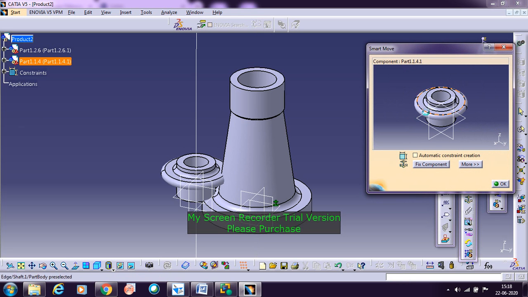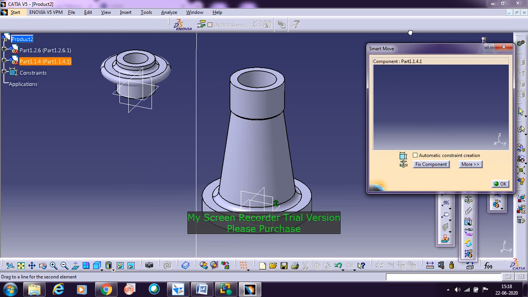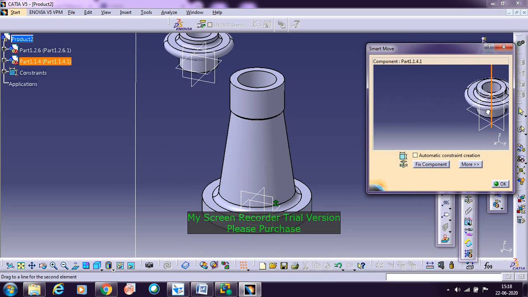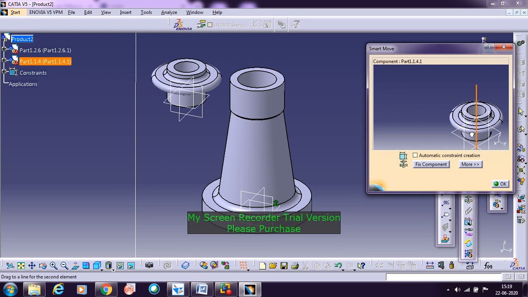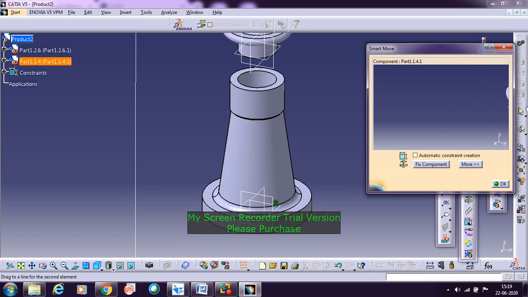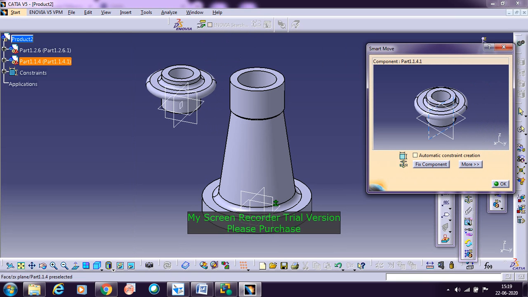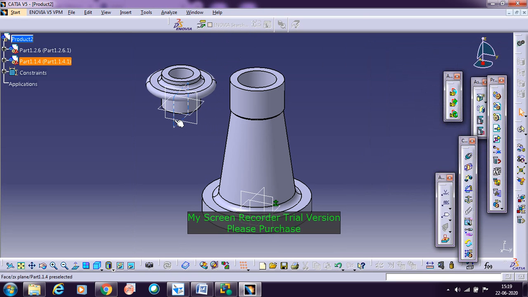Now you can use any number of iterations, any number of trials on the screen. In order to place the object, don't place it inside. Thinking that I have placed it here, you just need to place it near to this, either above if there is a space, or adjacent to it, and then click OK once you got it here. So that's the difference between existing component and existing component with positioning.